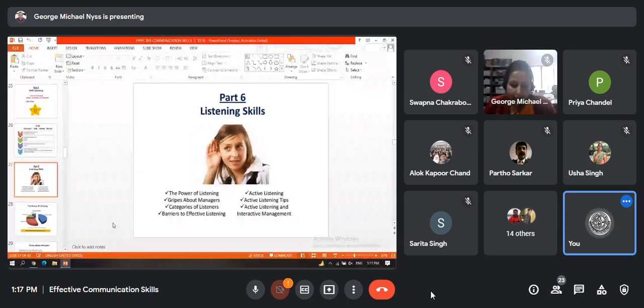Listening skills allow one to make sense of and understand what another person is saying. In other words, listening skills allow people to understand what someone is talking about, the meaning behind the words. The ability to listen carefully allows workers to better understand the assignments they are given. So let us see